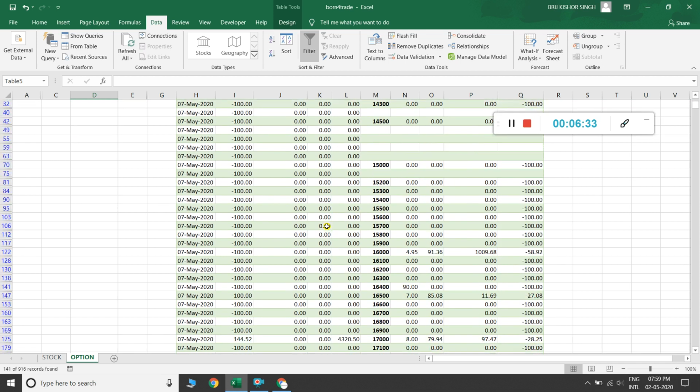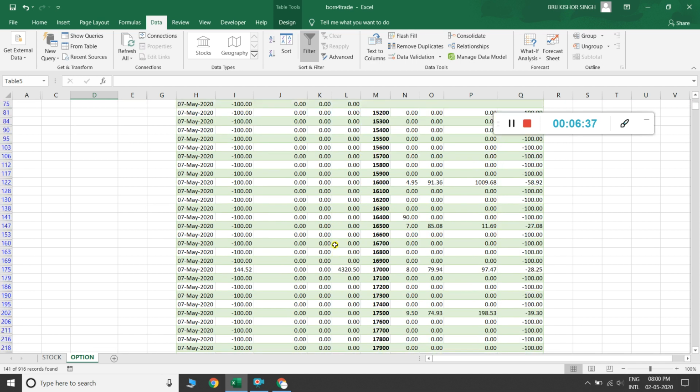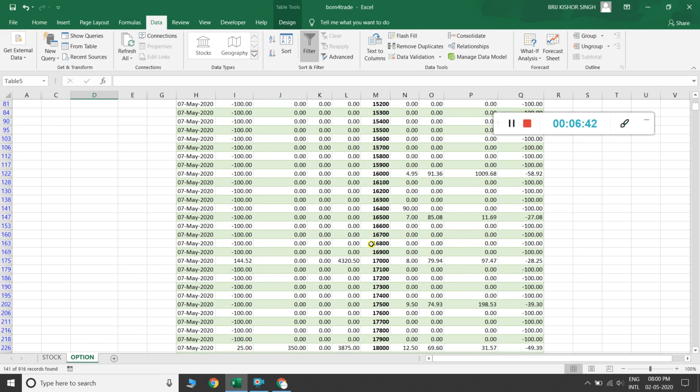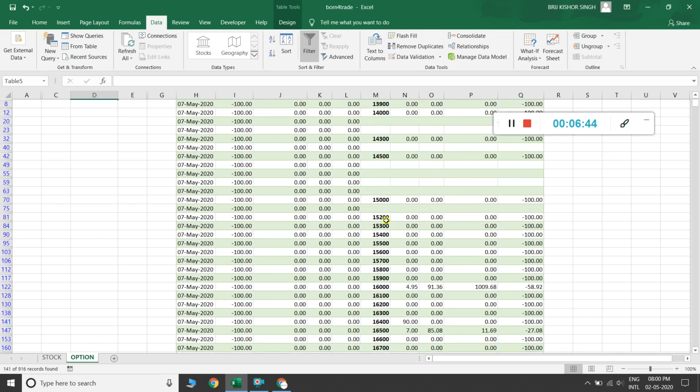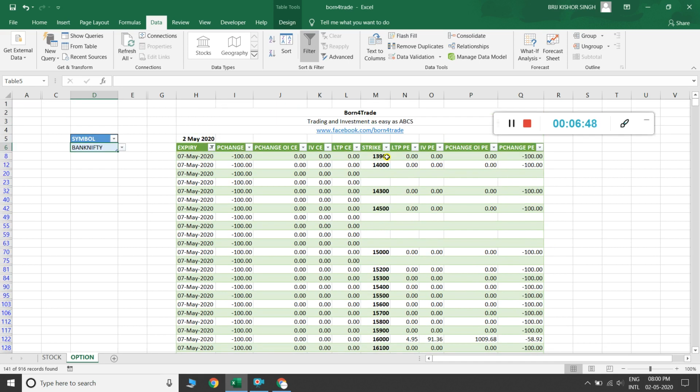Here you can also make a filter. It is not updated right now, but if you open this sheet in the live market, you can see here on this side all put data, on this side all call data, and here the put price and here the call price.